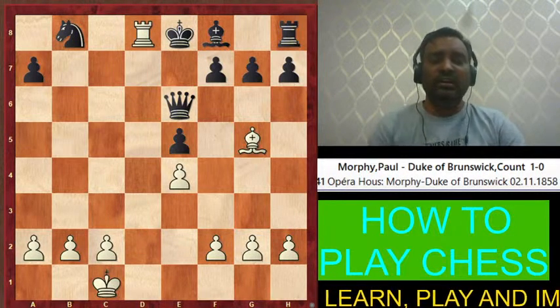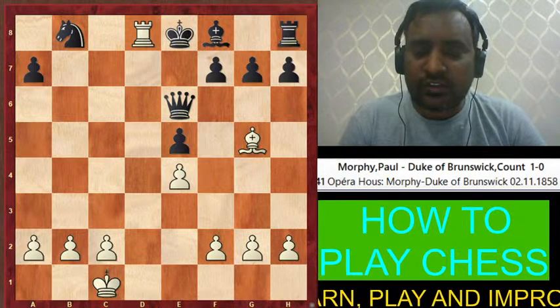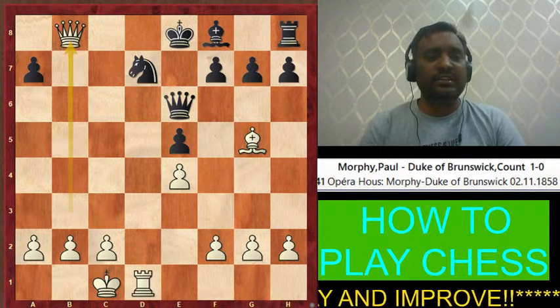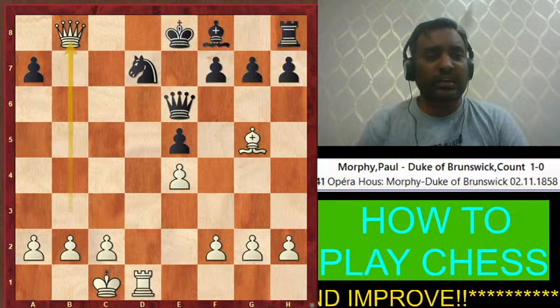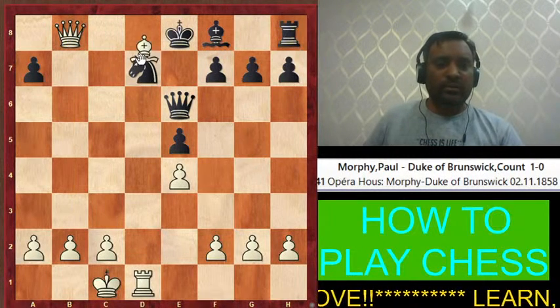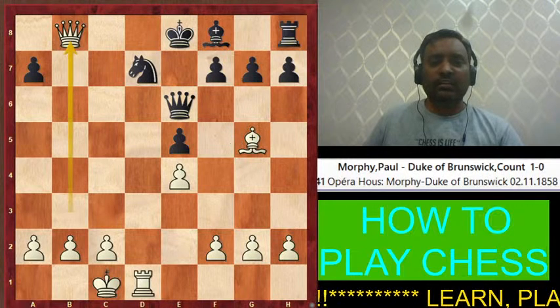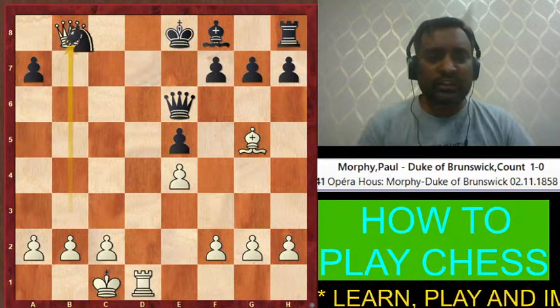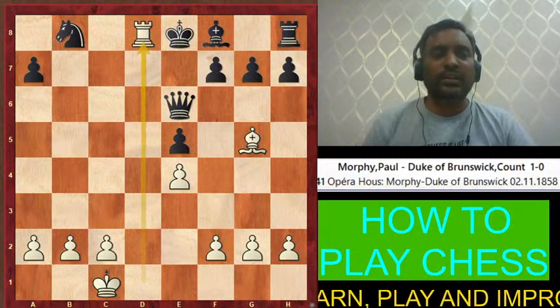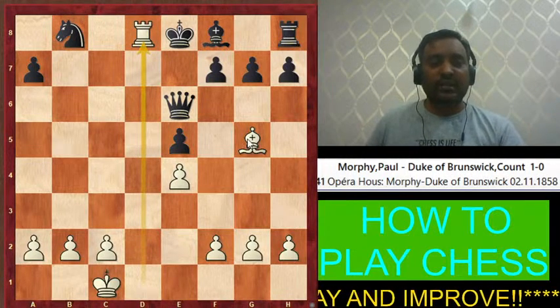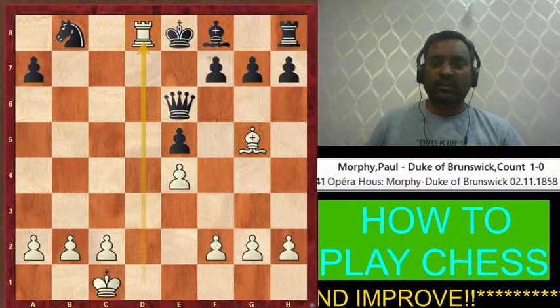So this is one of the greatest games in the history of chess played by Paul Morphy. Now it is completely checkmate. See, after queen to b8, the king cannot come here because of this bishop. He cannot come here. Correct? Got it? Understood? Because of this bishop, he cannot come here, and it is simply checkmate. So he sacrificed everything and finally checkmated with the bishop and queen.